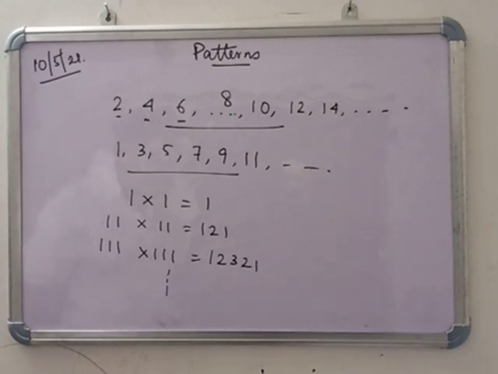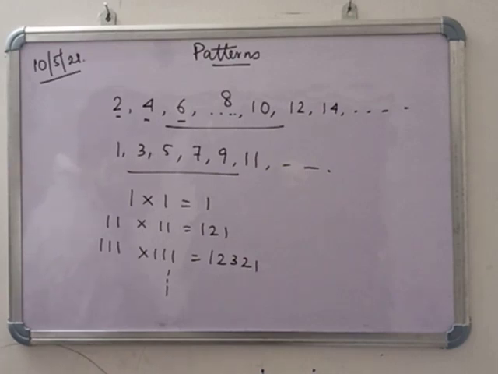Now see the magic square. So what is the magic square? A magic square means there are 9, 12 or 16 digits, like that. You have to add row wise, column wise, or diagonal wise. That means you have to recognize the pattern of the diagonal addition, the row wise addition, the column wise addition.